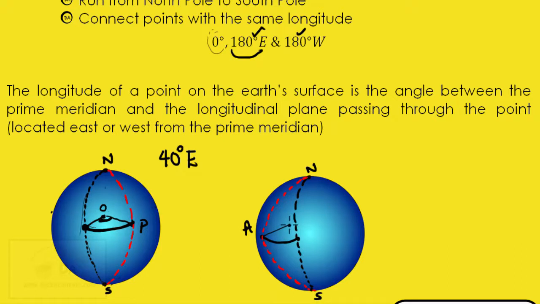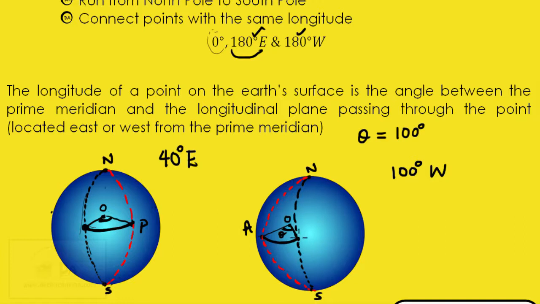I'm just going to roughly locate the center there, even though it's not there. The key thing is just to note that it's the angle formed as one rotates from the prime meridian to the line of longitude containing point A. And this angle could have any value. Let's call this angle theta, and let's say theta is 100 degrees. The longitude of point A will be 100 degrees west,